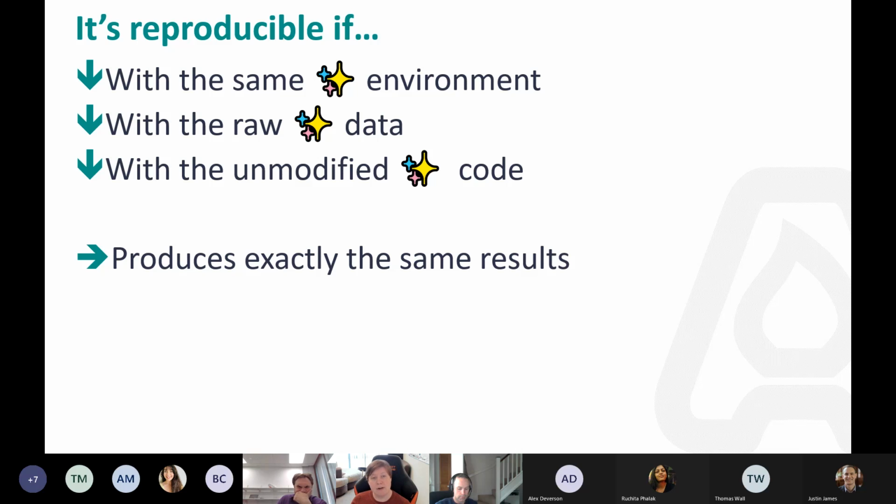You might be interested in making sure that your code can run on different data sets so that it can run over time. So really, reproducibility is a good thing, but robust and repeatable and generalizable are also useful terms and goals to have in mind as well.